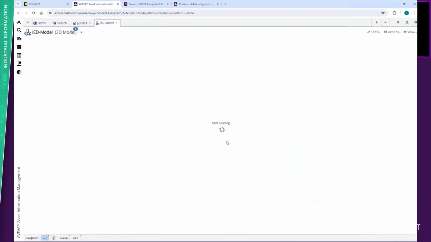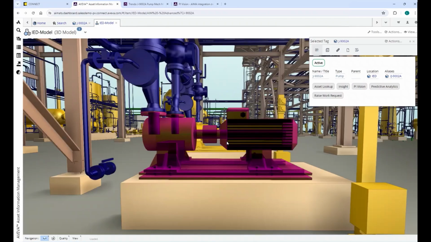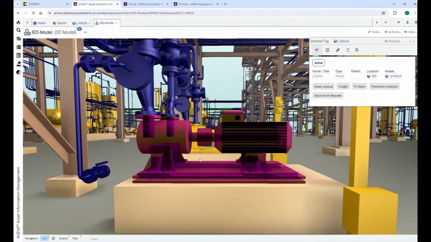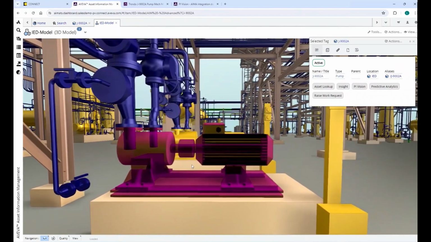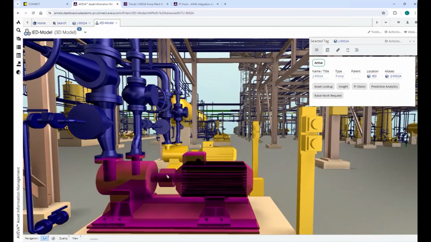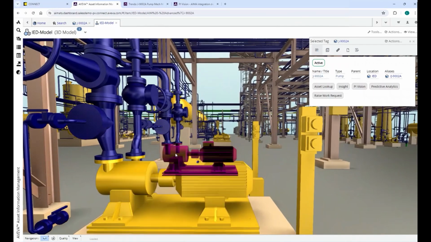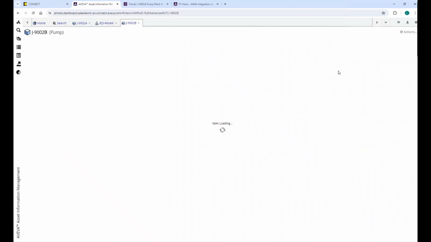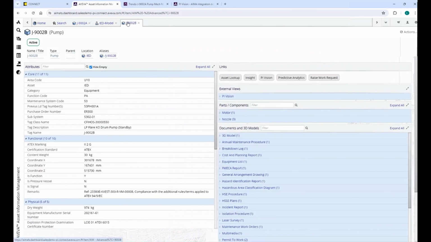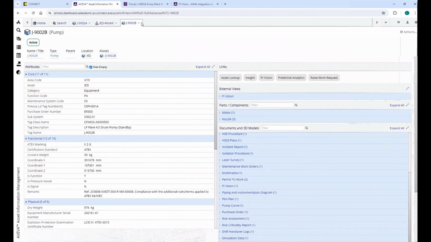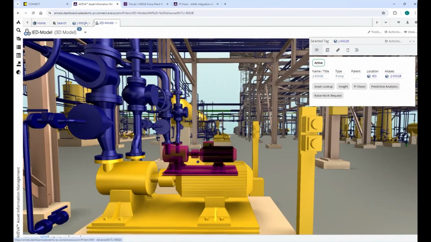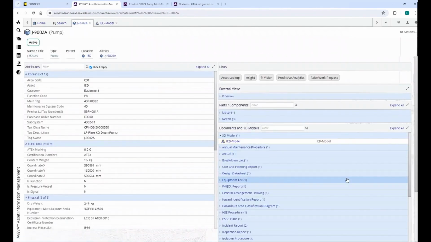We can open up the 3D model for this pump, and once it has loaded, the software will automatically focus on the specific selected piece of equipment. From here, you can zoom, scroll, and pan as you would in any drawing software. And if you select a neighboring equipment piece, you have a link to the selected piece of equipment index, and there you can now reference any additional information that was uploaded for the selected equipment piece.